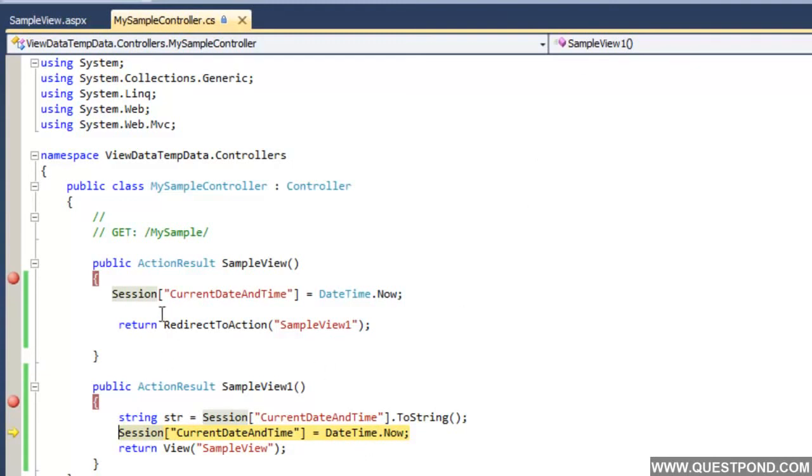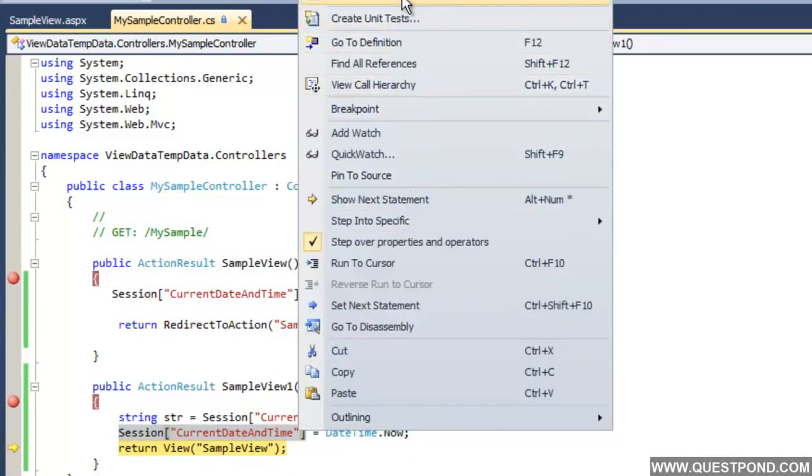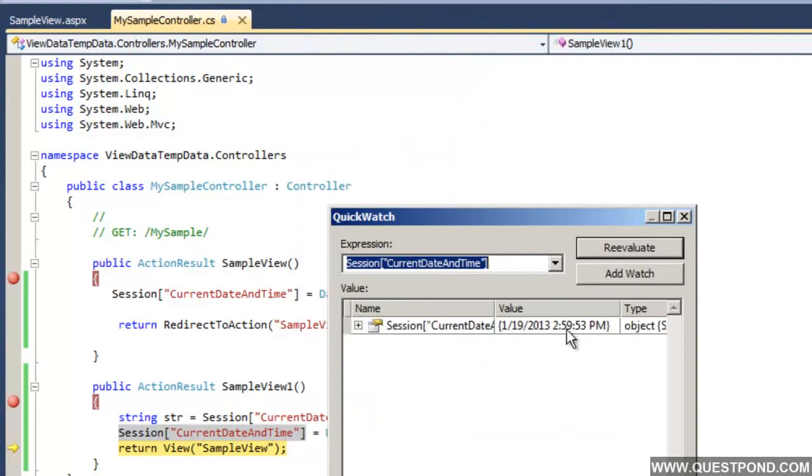So this is tested, that when you move from one action to another action, the session variable is persisted. Now let me set some new value here. The new value which is set here is 2:59:53.